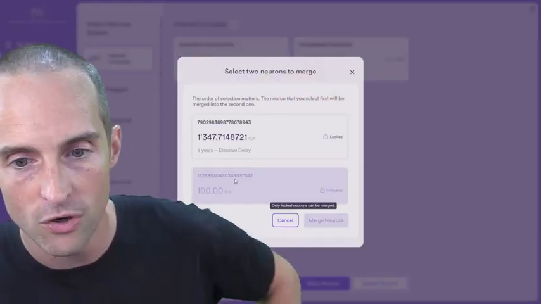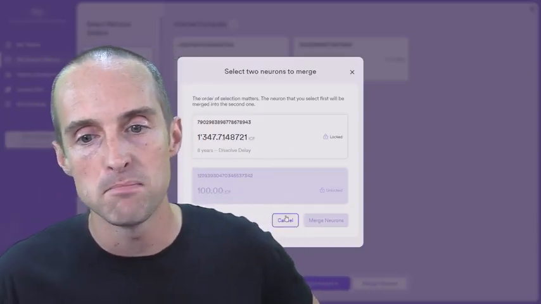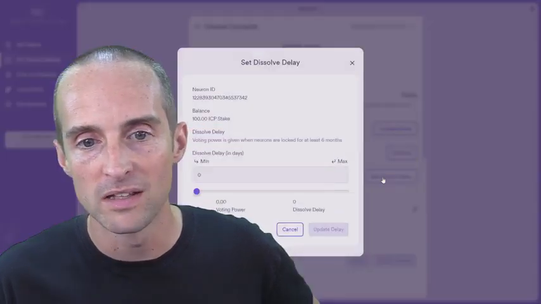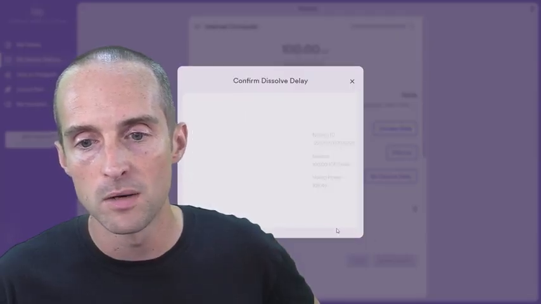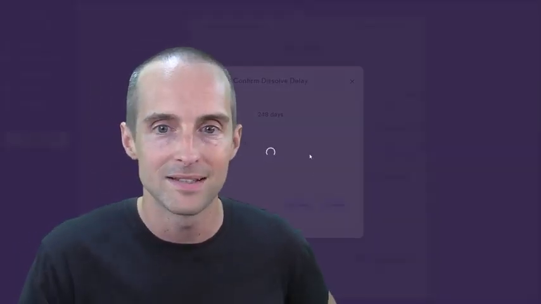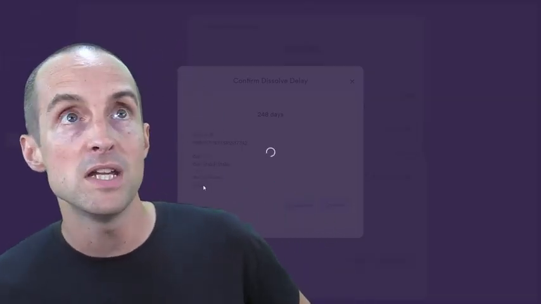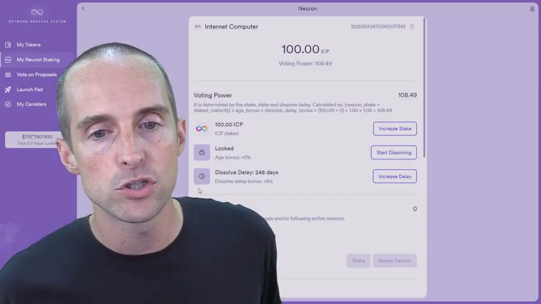I'm going to click merge neurons, and since this one is not locked, it can't be merged. So what I need to do is lock this for a little bit. So let's put the minimum dissolve delay on here, a little bit more. We'll click on update delay. Now you'll notice out of 100 ICP, I only got 108 voting power,